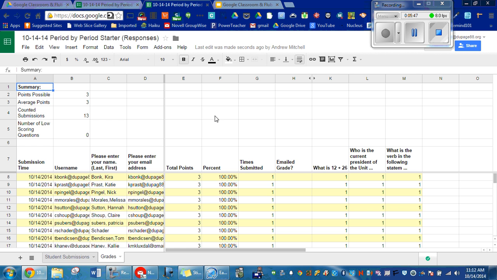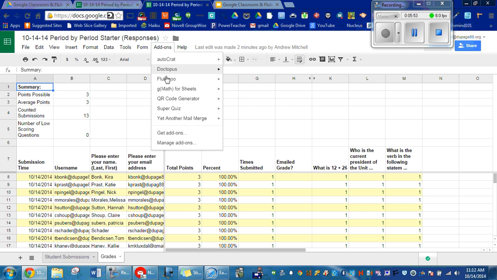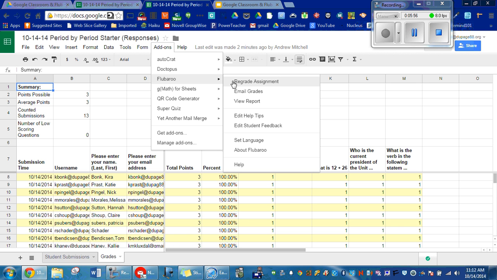Now, from here, you can give feedback to students. If I go back up to add-ons and Flubaroo, now I have a bunch of other options. Before it was just like grade, about Flubaroo, set language. But now what I can do is I can email the grades, but before I do that, what I'm going to do is edit student feedback. If you click on this,